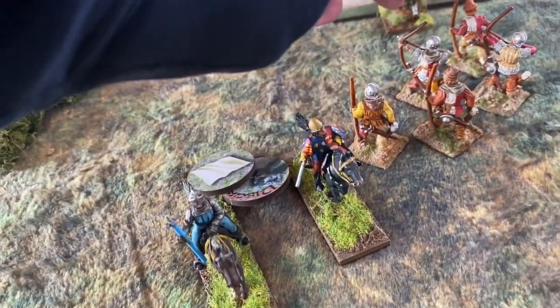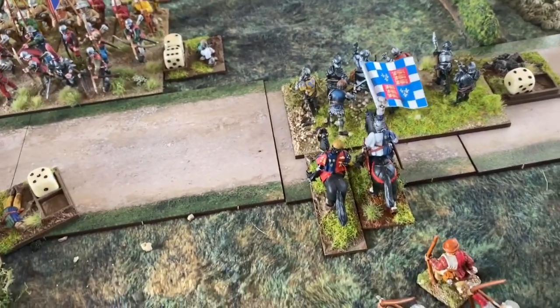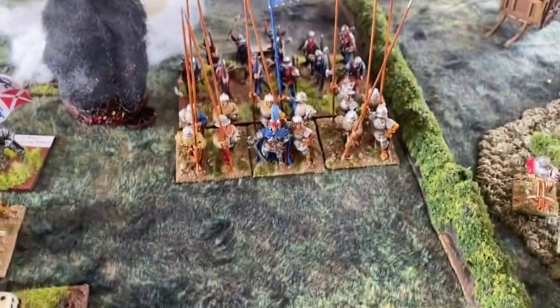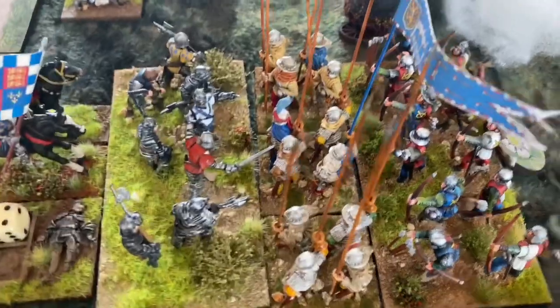He's going to move the 12 inches to join these chaps, and then his final order will be to advance into contact. All right, so clearly it was a wise call by Dudley to get these pikemen to come forward. Just to be clear, the reason why I did that is